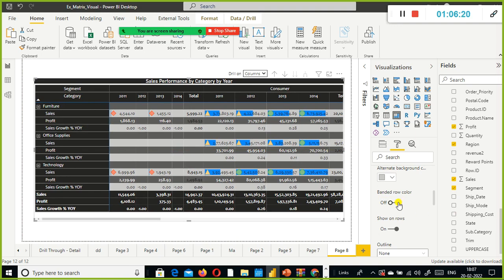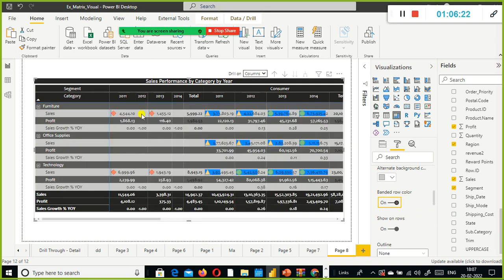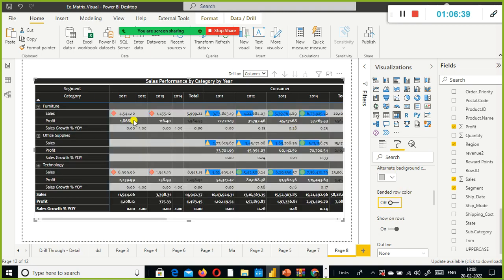But if you toggle from off to on, it doesn't look good. It's difficult to find which one is the row header and which one is the column header. If you toggle from on to off, now it is pretty clear. Row header, column header, column values, everything is pretty clear.